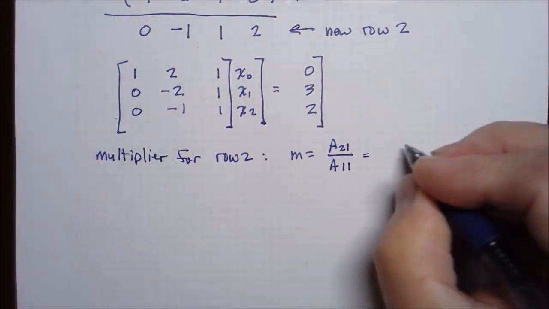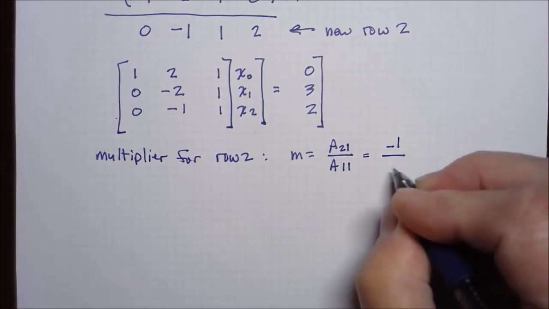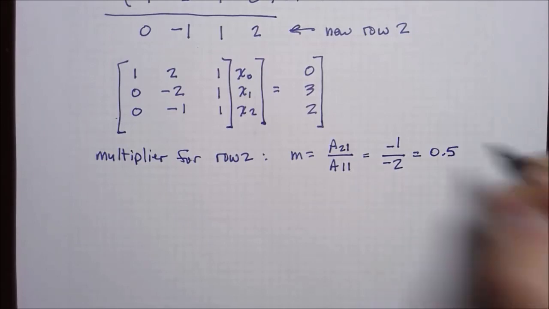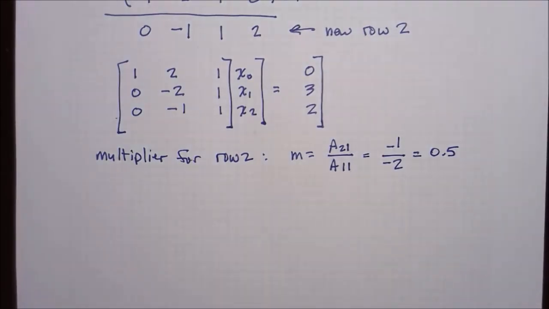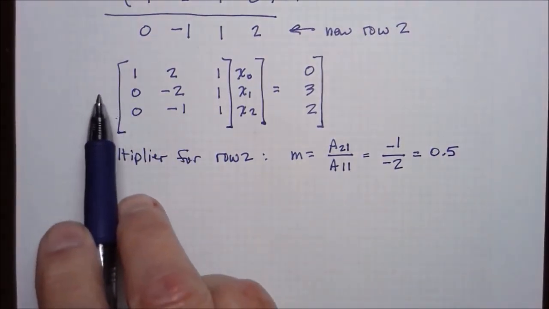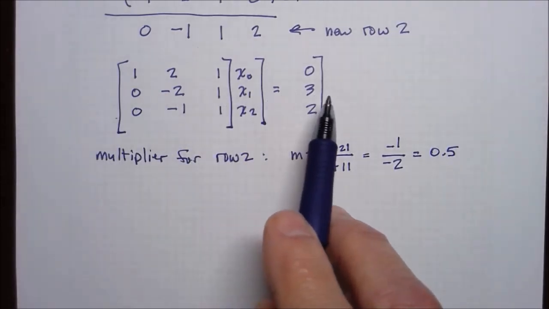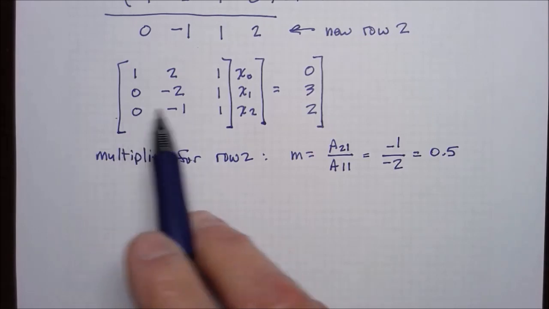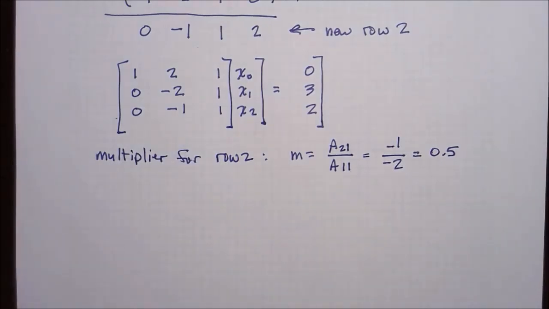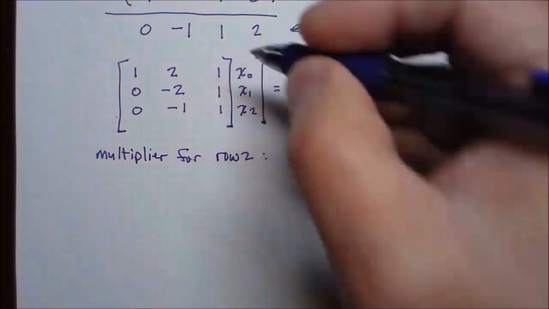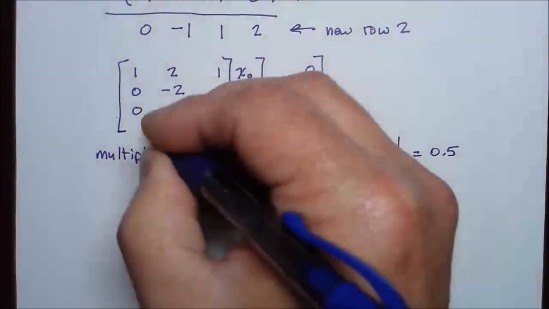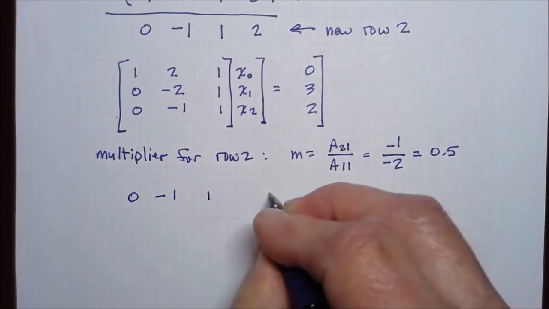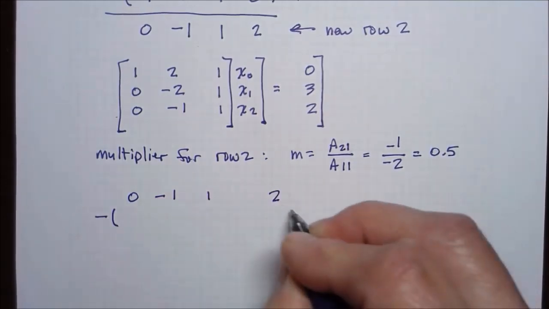So that's going to be minus 1 divided by minus 2, which is equal to 0.5. So I want to multiply row 1 times 0.5 and subtract that result from row 2. So let's see, I'll write in row 2, which is 0, minus 1, 1, 2, and I want to subtract,